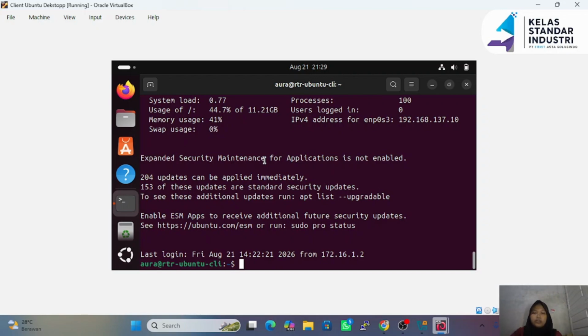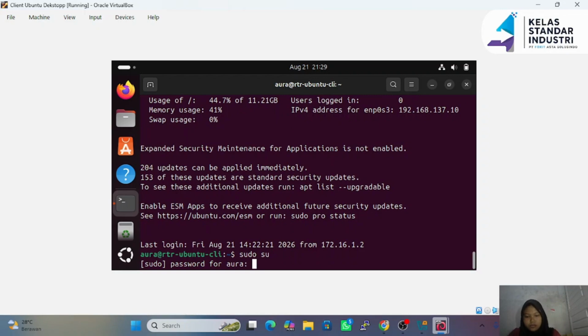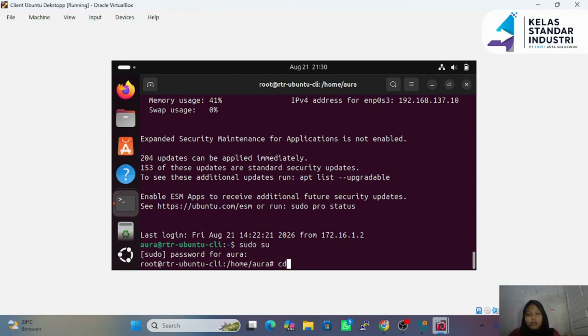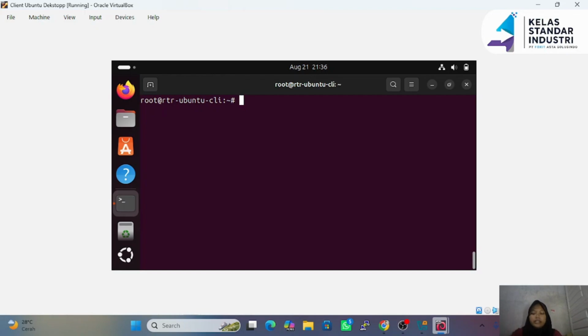After that, we can go in as root first. And open nano /etc/dhcp/dhcpd.conf and press enter.